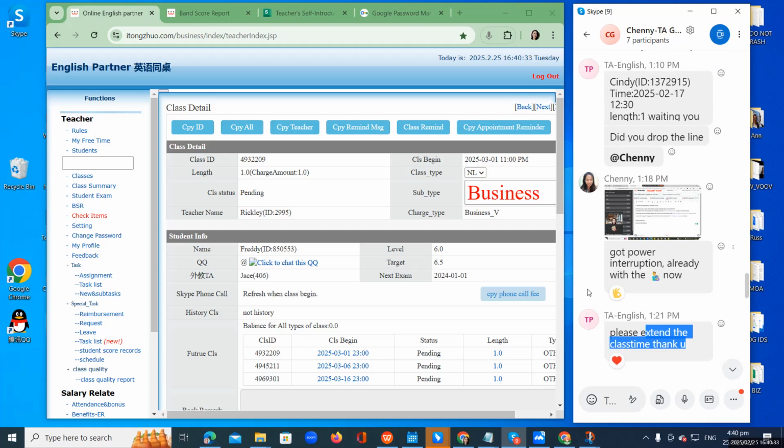In as much as nandyan na si student, nandito na ako, somehow sumasagot naman siya sa akin, pero you know there's something wrong with your connection. Network is unstable or maybe kunwari may something wrong with your equipment. Do not assume na okay kay student kasi baka after the class, irereklamo ka niya. So always check if there's something wrong, internet, whatever.